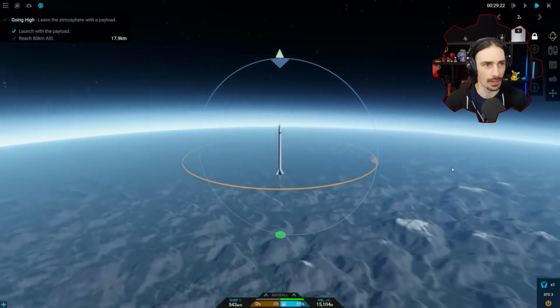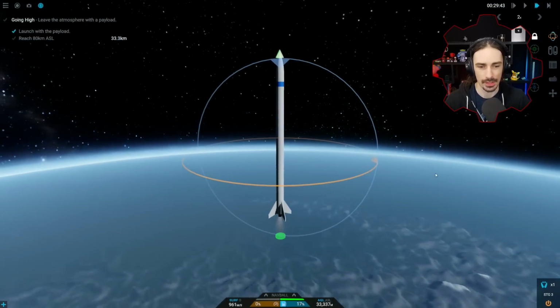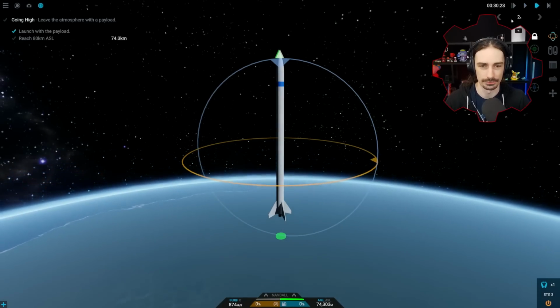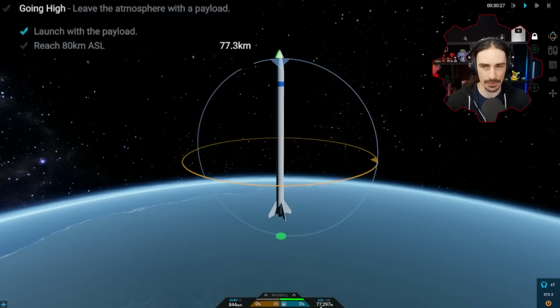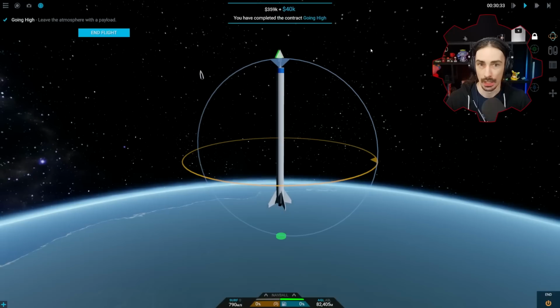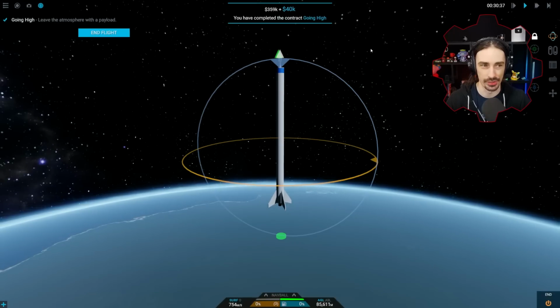All right, and fast forward again. I'll see you guys out of the atmosphere. This rocket's going out of this world. Okay, here we go. 75, 76, 77, 78, 79, 80. Expose the probe. There we go. The probe has been exposed. All right, I have